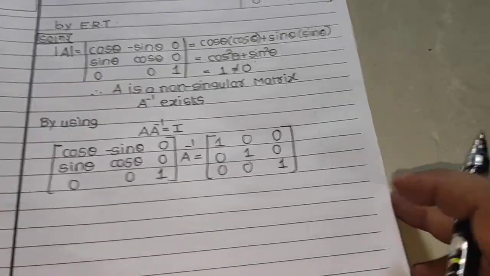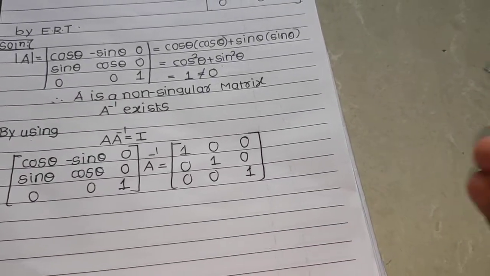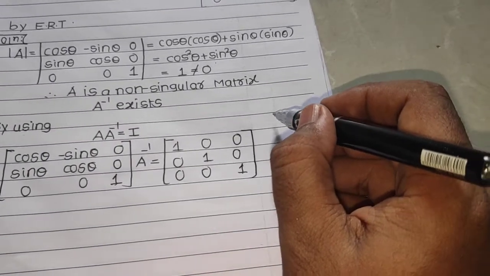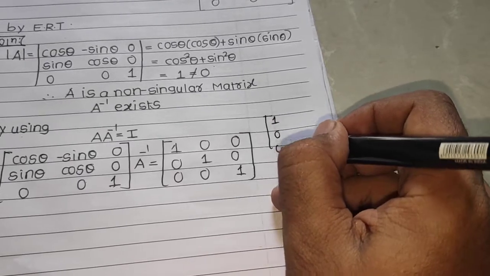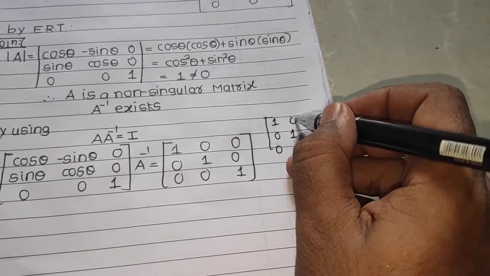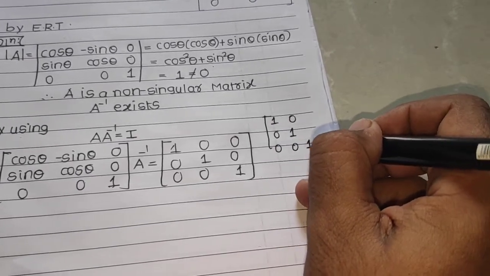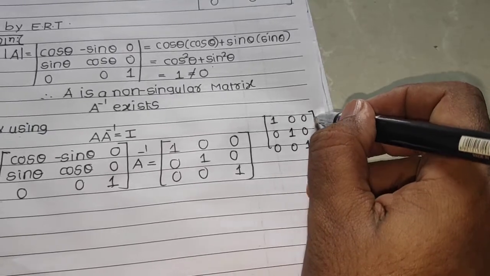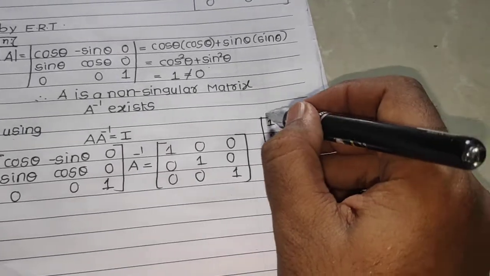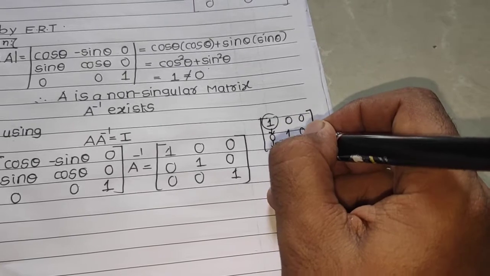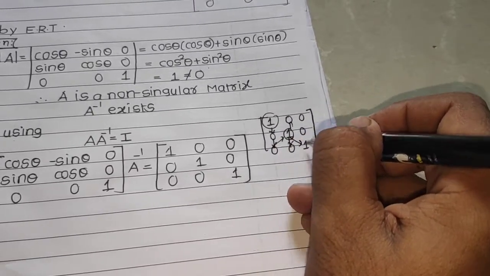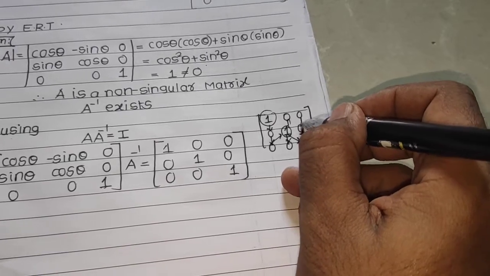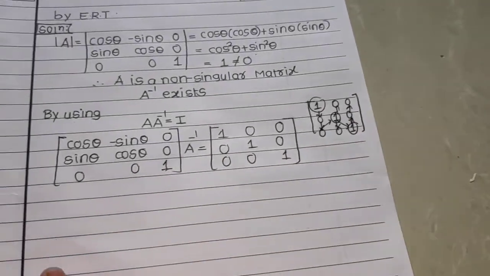Let's start the process. Just for your reference, I'll be drawing this matrix on the right side, showing in which order I should follow to reach the identity matrix if I have to follow elementary row transformations. In the board exam also you can write it down. There is no compulsion that what you are doing you have to show.